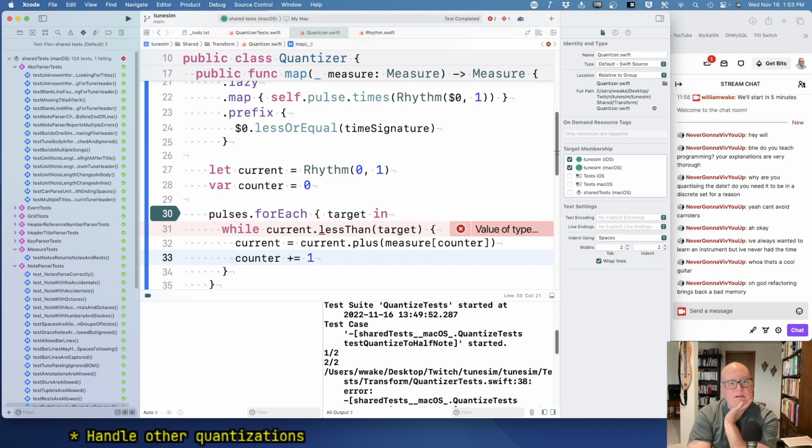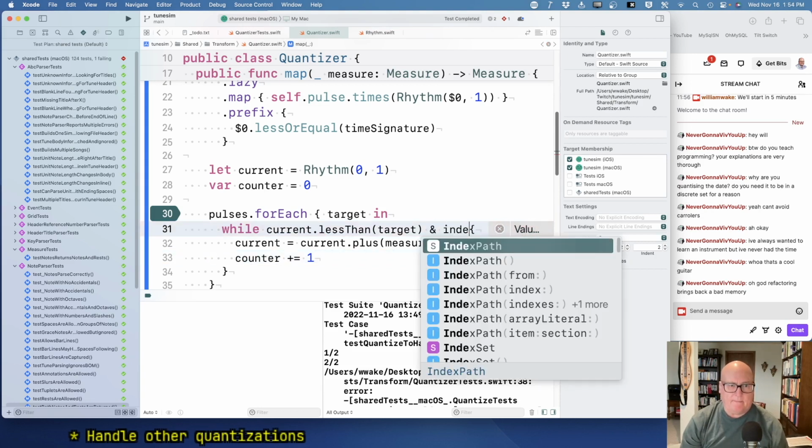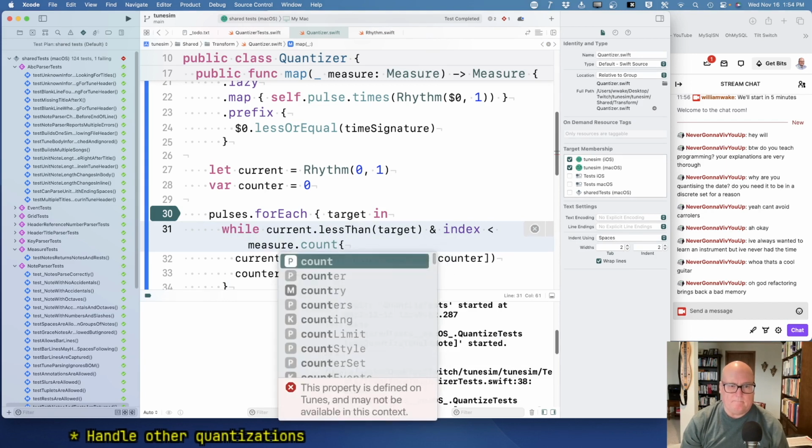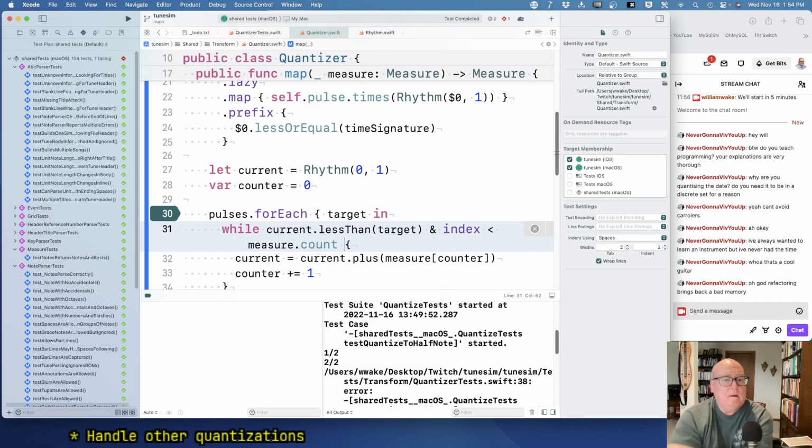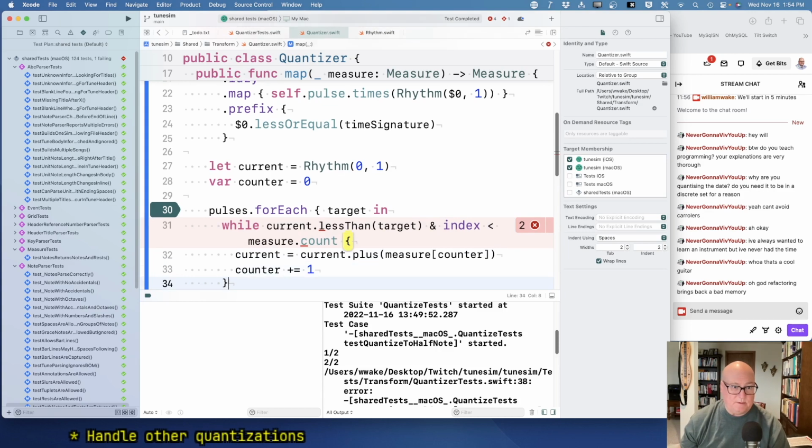And this kind of assumes measures are good. Okay, so while the current is less than the target, in other words, we haven't got enough rhythm accumulated, and the index is less than measure.count, in other words, it's safe to access it. I'm gonna pull in pieces on the counter, and when I exit this loop,